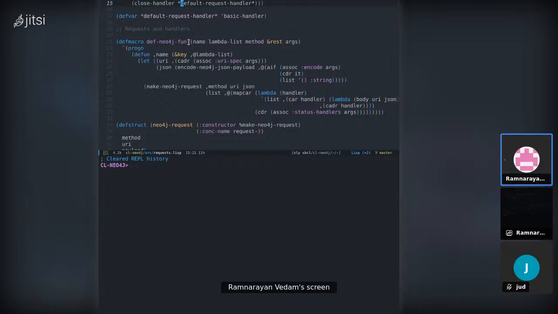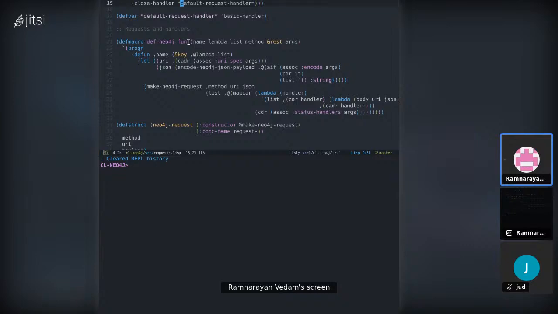It takes in a lambda list, generates the URI from the URI spec that was provided inside the macro, and it'll take the appropriate payload through an anaphoric macro, encode it, and return a make neo4j request, which ultimately is the